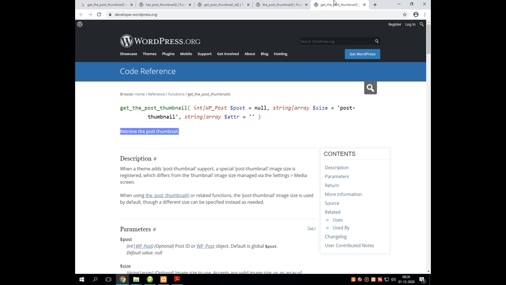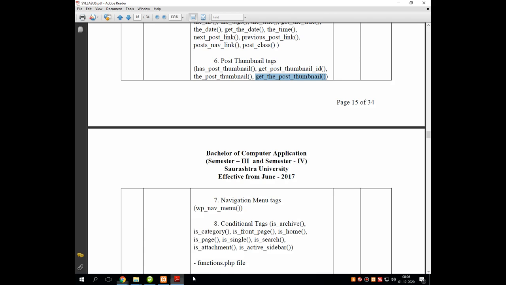Even if you see a difference in the parametric values of these two functions, it is a minor difference, but I would like to clarify one thing here. Without any parametric value, this function also works. You need not pass any parameters. It will by default take the default setting of get_the_post_thumbnail, and it displays the thumbnail or number of thumbnails onto the screen.